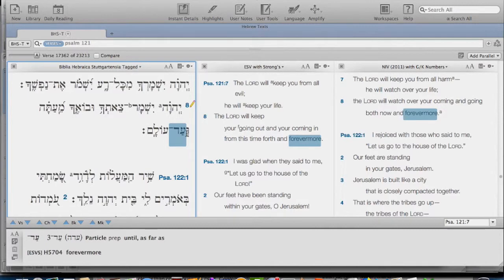And then we have a second preposition, which is ad. And you can just flip the page in Arnold Choi and go to 4.1.15. And again, until forevermore. What does that mean? That's another temporal use here. So we have two temporal particles. All right, that's the grammatical analysis of